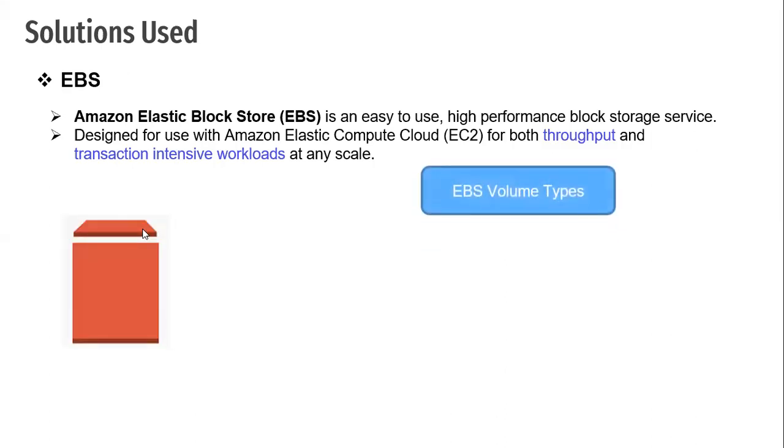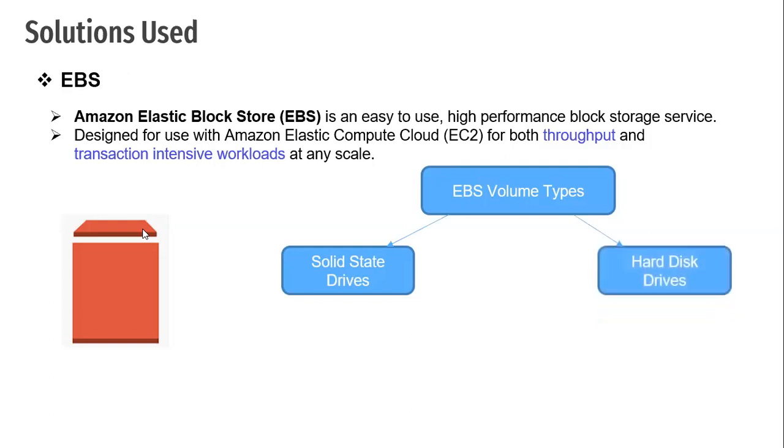If you look at EBS volume types, there are two different classifications. One is SSD and the second one is hard disk drives. The hard disk drives are of two types. One is ST1 and the second is SC1.